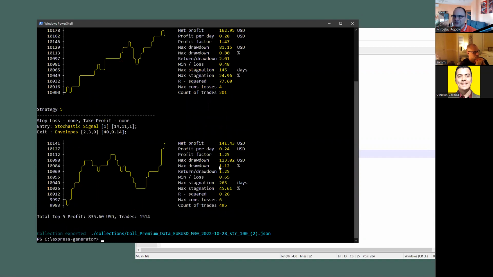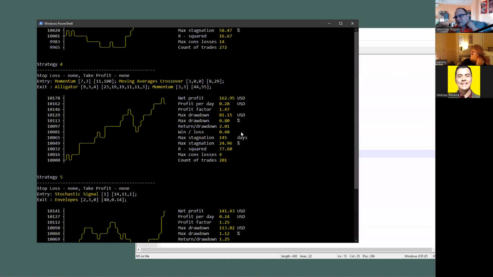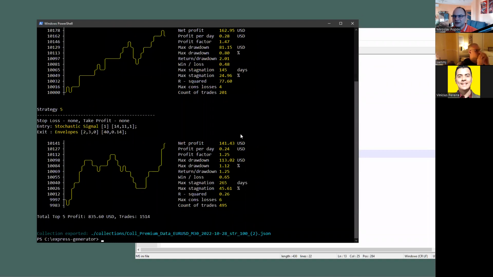I stop it with Control C. So these are the top 5 strategies. And what I added now, I think it's not already updated, but when you use show top, it shows something like aggregated stats. So the top profit is $135 from these top 5 strategies, and the total trades are this one,